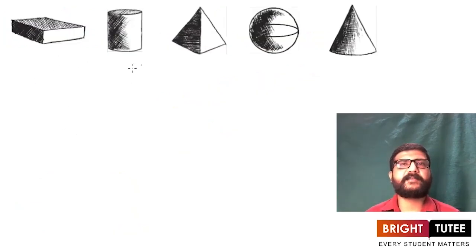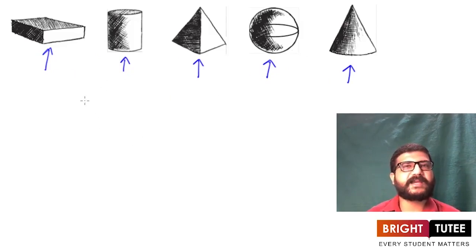Now here is one activity for you. You have to take clay and form a cuboid as shown in the first figure. You have to form a cuboid, cylinder, this pyramid and a bowl, and then this one is a cone. By taking clay, you have to form these solid shapes, and then with the help of a knife you can cut them. Now when you cut this cuboid, what are you going to get? We are going to get a cross section to be a rectangle. So the cross section for this cuboid will be a rectangle.